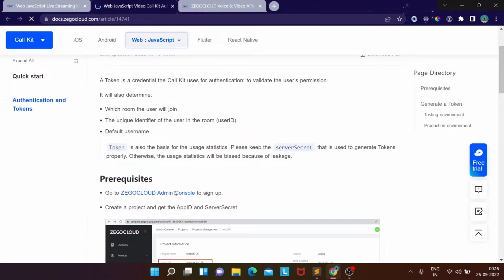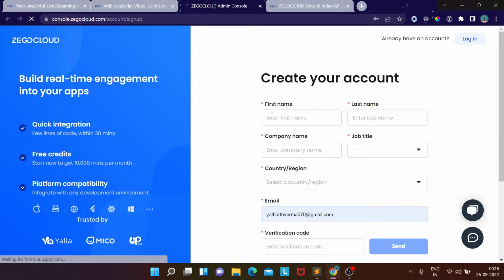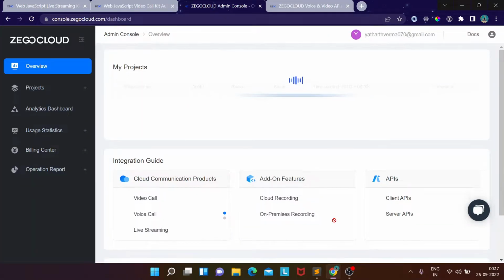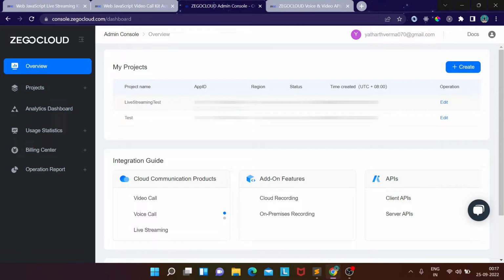First step you need to do is go to this admin console. So let me click on this link. It'll open up the sign up page if you don't have an account. So first create an account by filling in all these details. After you've created an account, you need to log in. I've already created an account before, so I'll directly log in. After logging in, it'll redirect you to the dashboard, and in that dashboard you have to create the project. And after you have created the project, you will get the app ID and server secret, which we need to